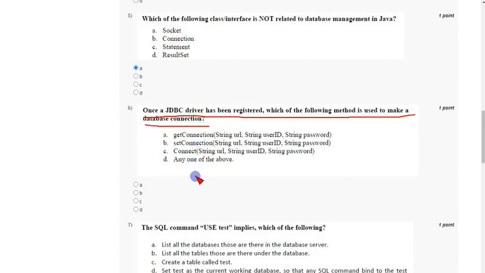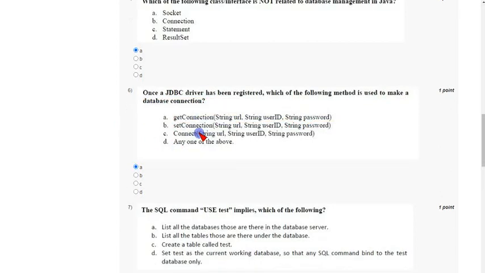So the answer for the sixth question is option A, getConnection of string URL, string user ID and string password. So all these three parameters or arguments have data type as string in common. getConnection is the method. So mark option A as correct answer for the sixth question.